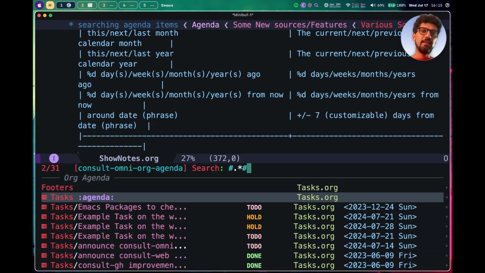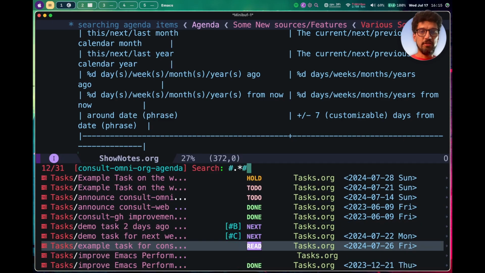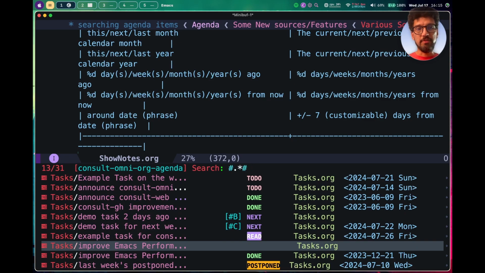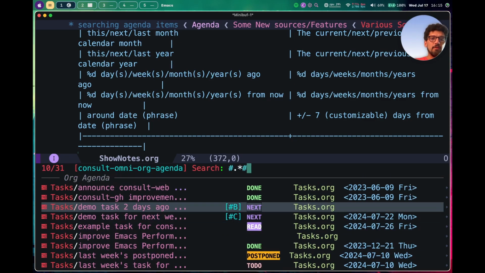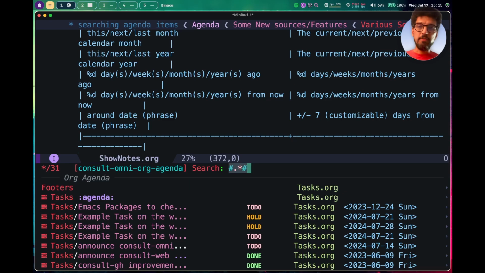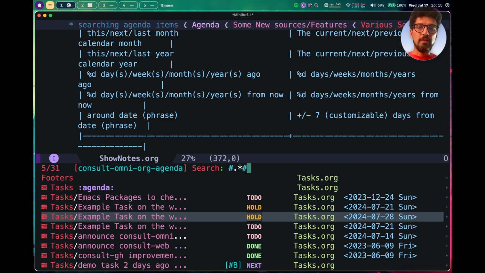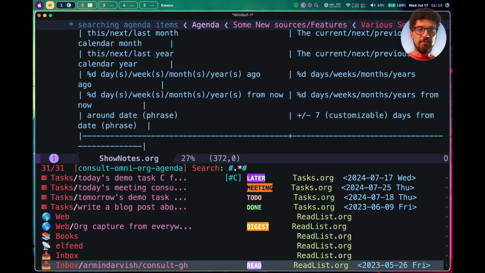And now I'm seeing everything. And again, these are all just example tasks that I made for this demo. I can see all the results here without searching for anything. So if you're testing the package and sometimes you see something that is not working, you can always just search